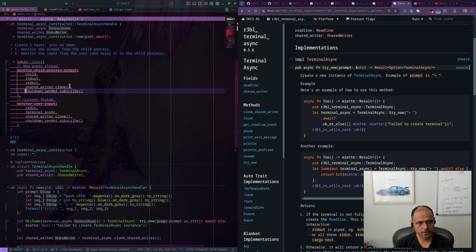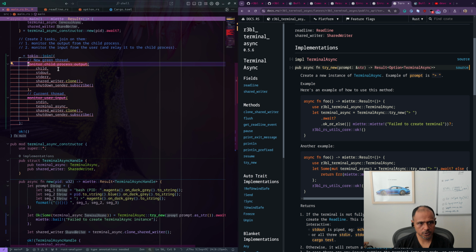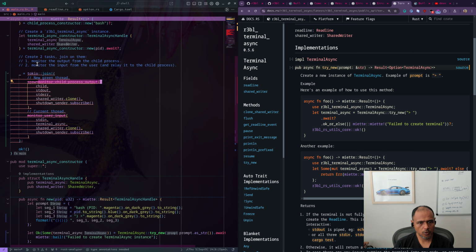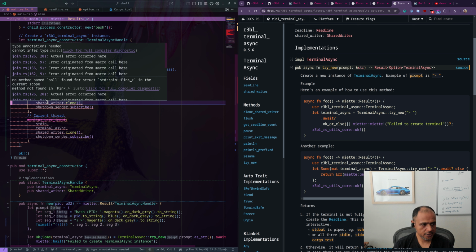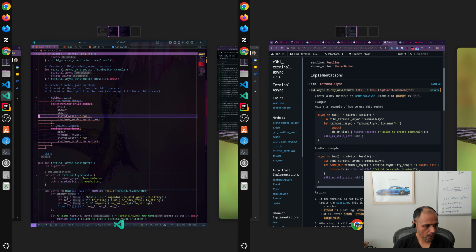Yeah, that makes sense. So here we have monitor child process. Actually, it should be spawn. Actually, spawn monitor child output. So basically, spawn something to monitor the child output, and then when there is output, go ahead and dump it to the shared writer, which is a proxy for standard out, but it's async friendly. And then